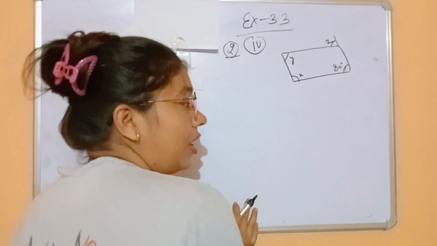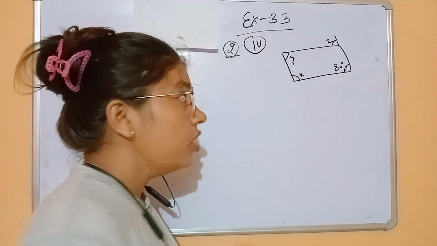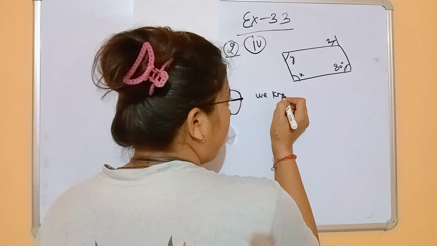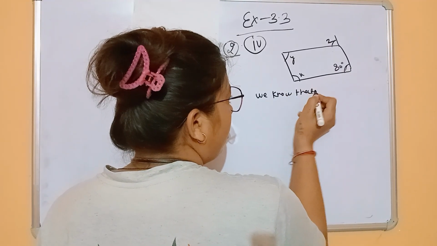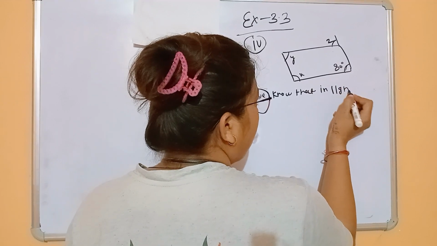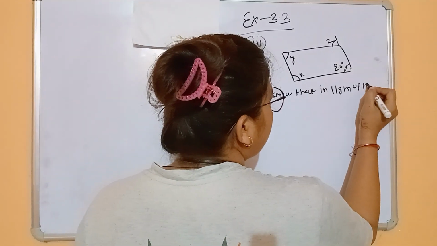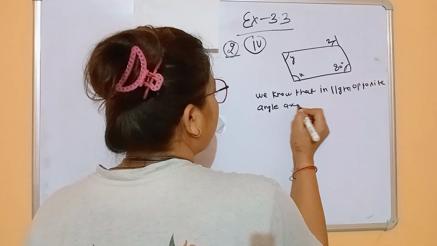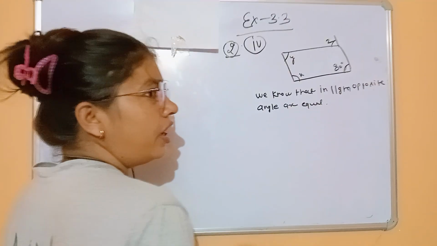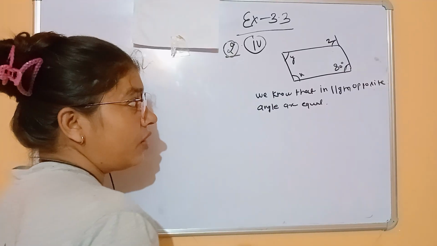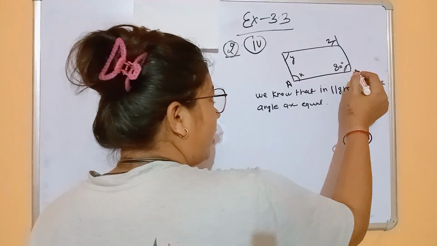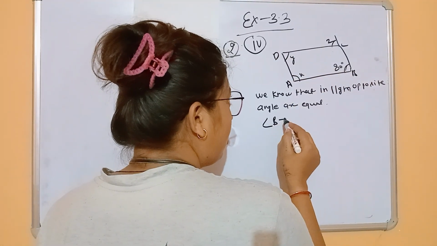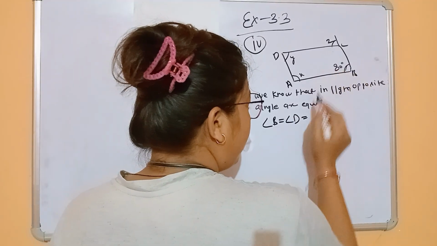first we find in parallelogram opposite angles are equal. Okay, so we written easily here, we know that in parallelogram opposite angles are equal. By property we understood in example, opposite angle of parallelogram is equal. So opposite angle first we given name, okay, in figure A, B, C, D. So angle B is equals to angle D. So angle B is 80 degree.